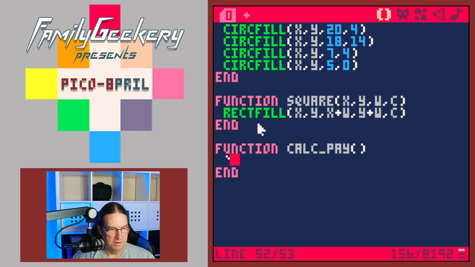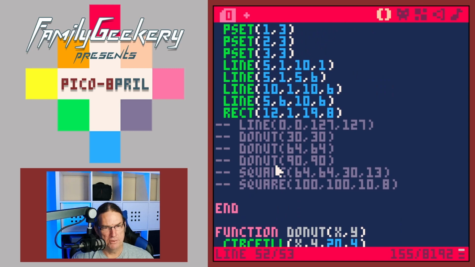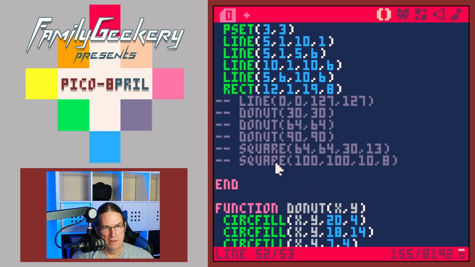And in this function, we're going to figure out what the pay is, but then we're going to have to print it on the screen so that I know how much I'm going to get in my paycheck. So I want to print to the screen up here: my paycheck will be,